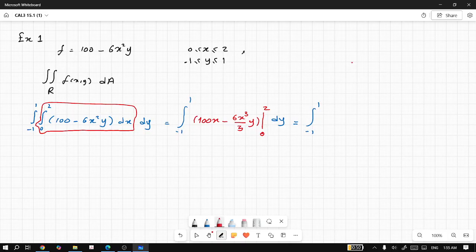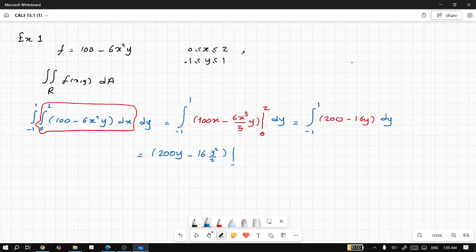This inner integration that we have solved changes to 200 minus 16y when we are inputting the 2 and the 0 inside it, okay? And this is dy. Now we are done with the inner integration. Only the outer integration with respect to y is left to be done, and then we will be finding the volume of this function. Now finding the integration with respect to y gives me 200y minus 16y squared over 2,